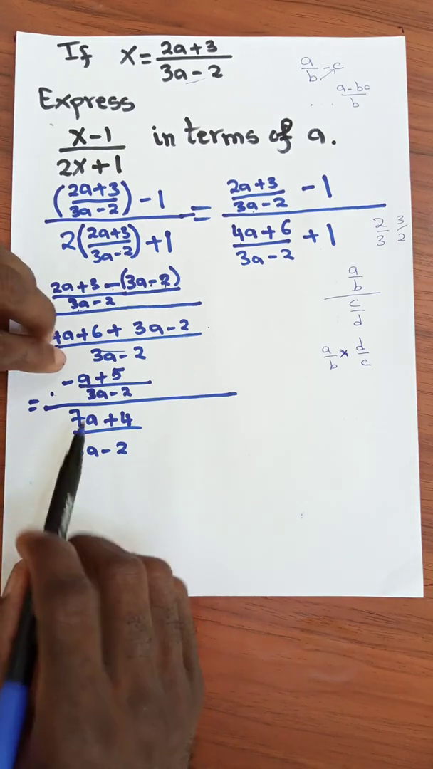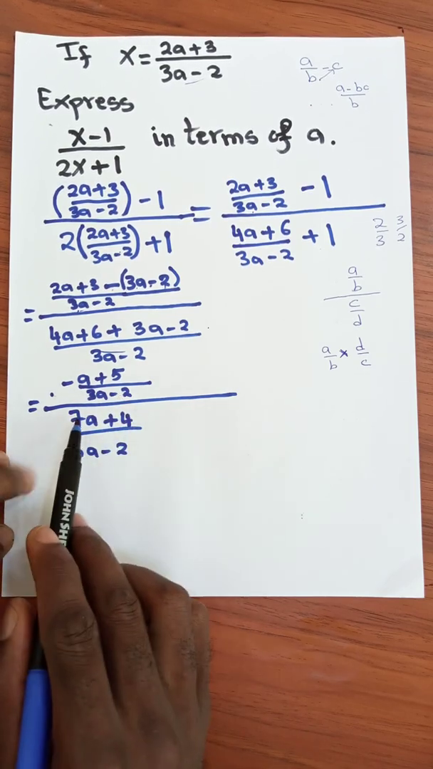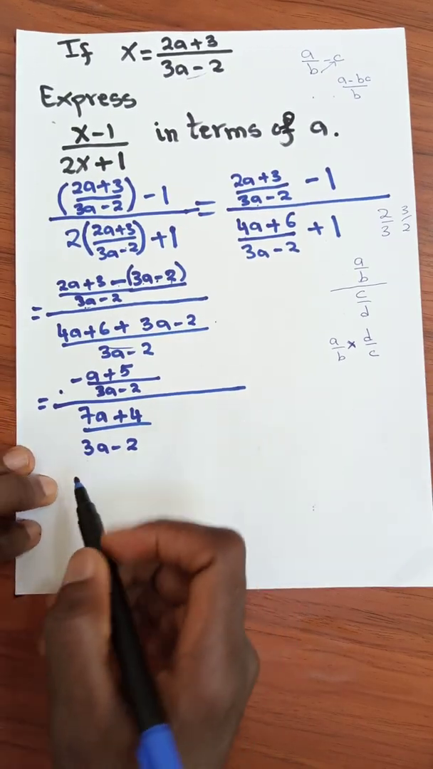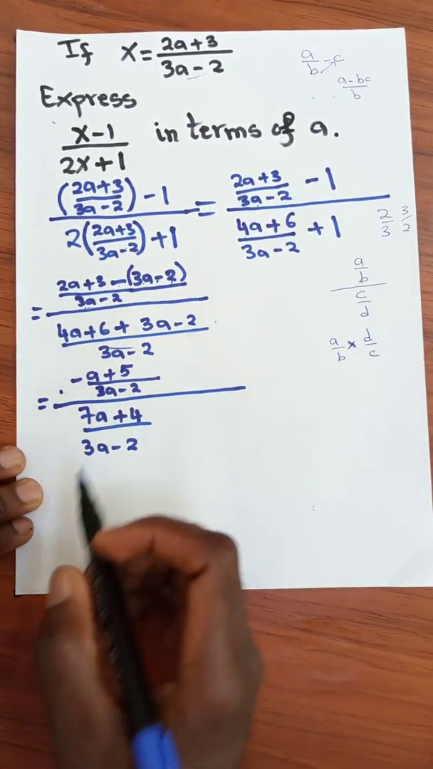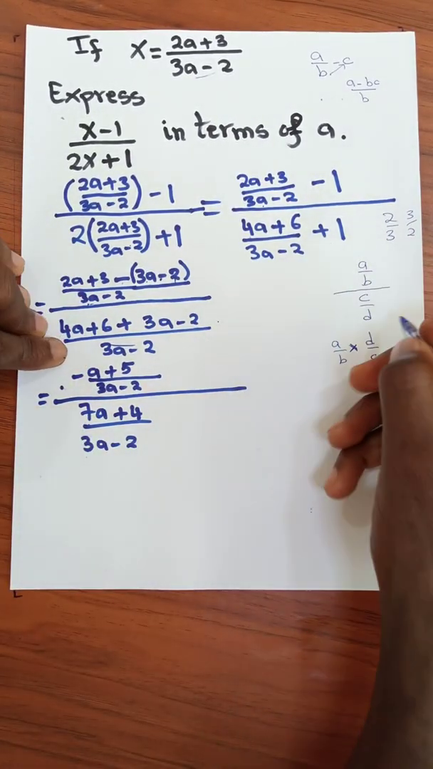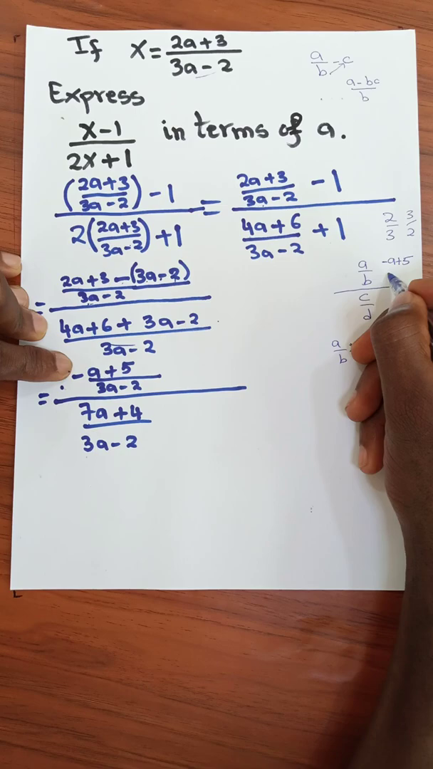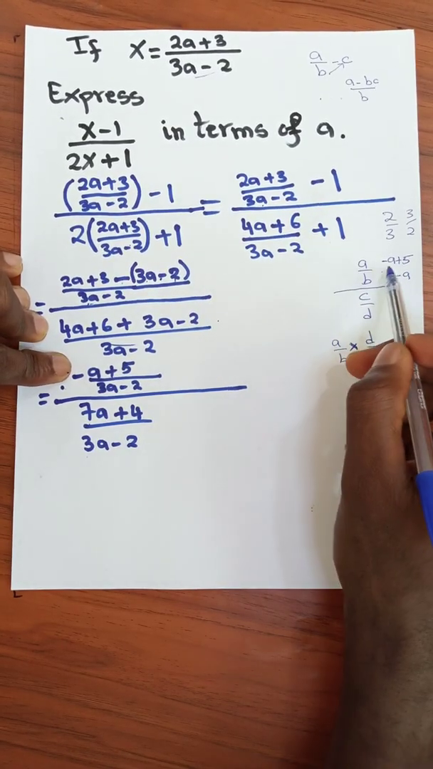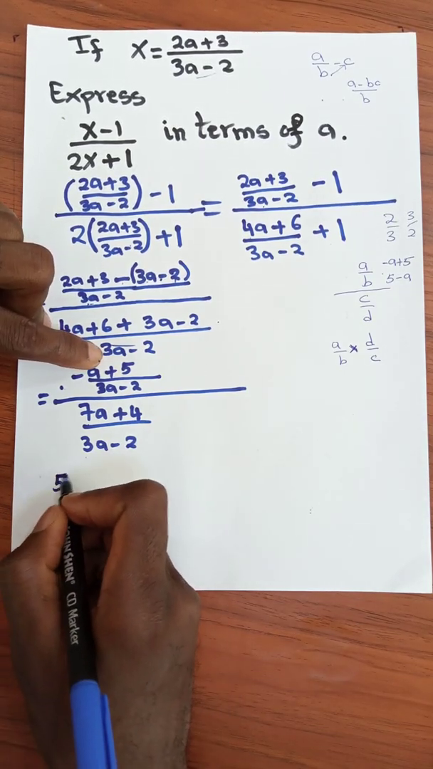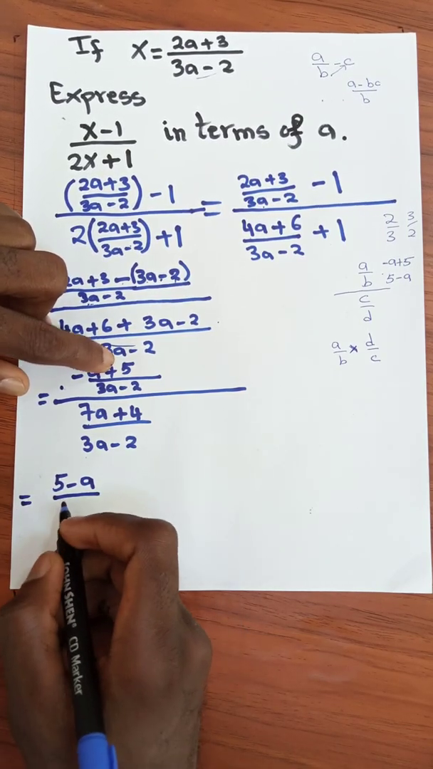So here we got negative a plus 5 on 3a minus 2 all divided by 7a plus 4 on 3a minus 2. So just applying this thing here, we'll now have negative a plus 5, which can be rewritten as 5 minus a. The same thing. So I want to do that here to make it simpler. So we have 5 minus a on, we are saying this is equal to, on